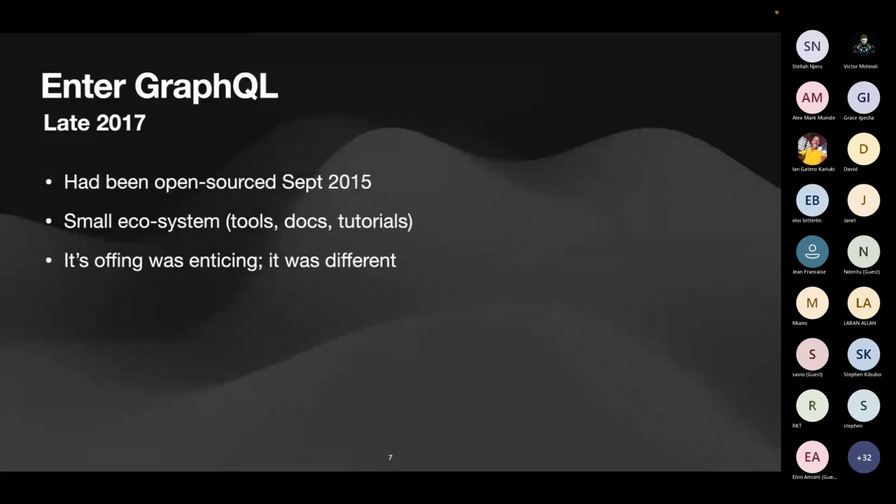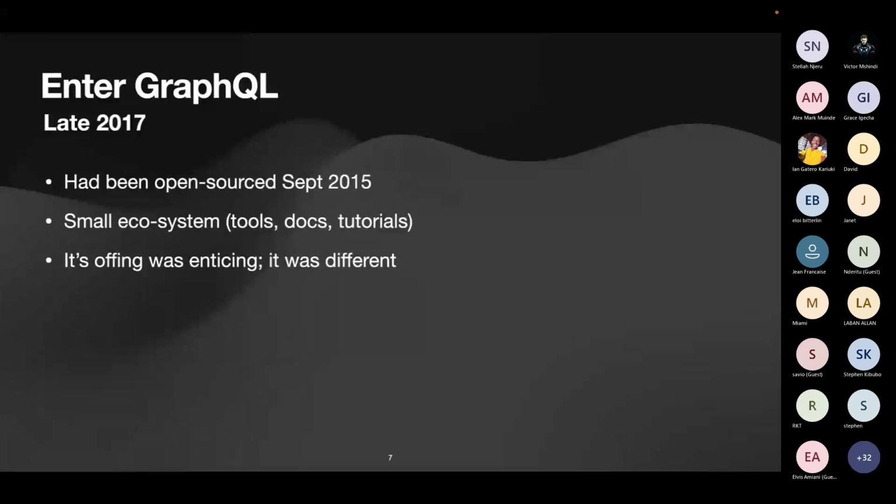But at this time, just to give some history about GraphQL: it was first implemented by Facebook, and it was open sourced in September 2015. This is 2017, so as you can imagine, it's relatively new.